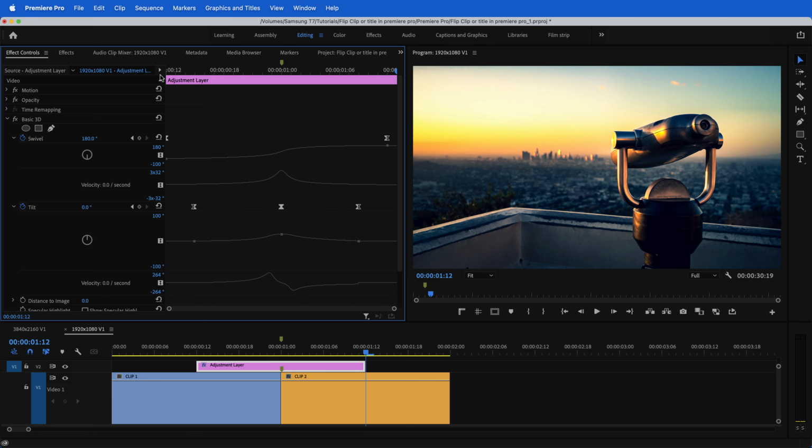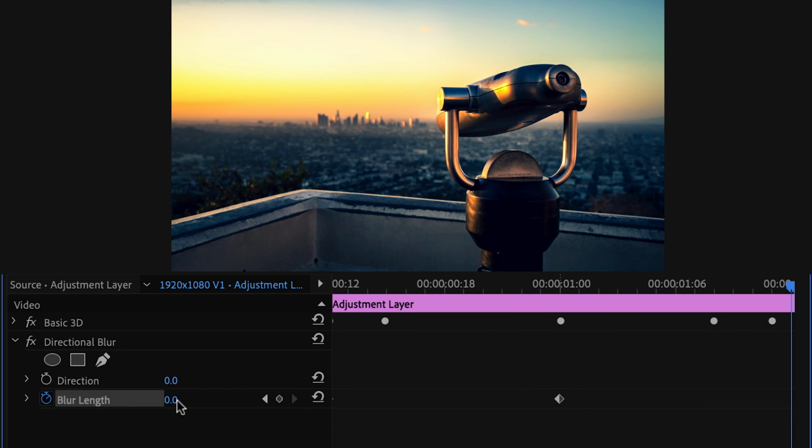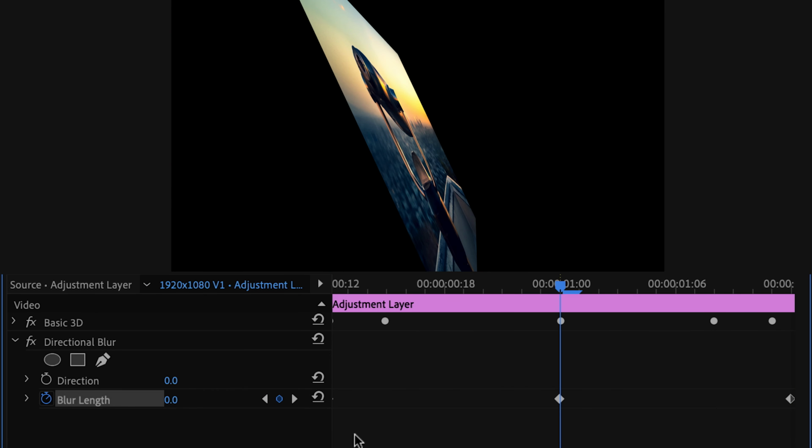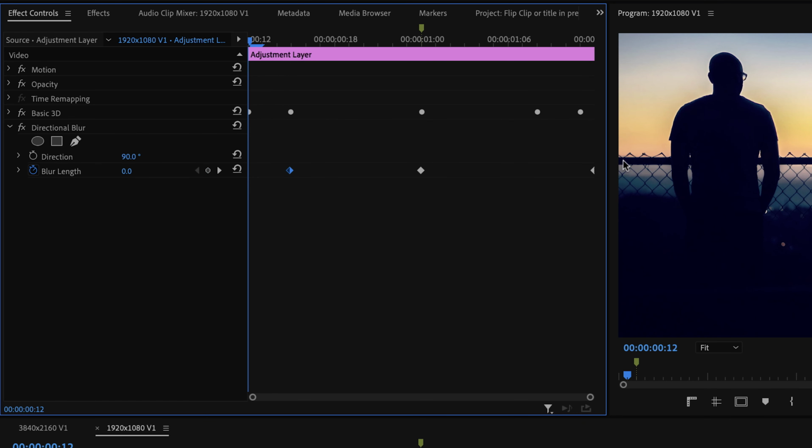Now that we have the basic 3D motion of our swivel down, let's go to directional blur. We're going to go to blur length, create 3 keyframes at the beginning, middle, and end. I'm gonna take my middle keyframe for the blur length, go up just a little bit. The first thing I notice is that my blur length is vertical because the direction is 0 degrees. What I wanna do is change that to 90 so we have a horizontal directional blur. So now we get something like this, which is looking a little bit better, but what I wanna do is